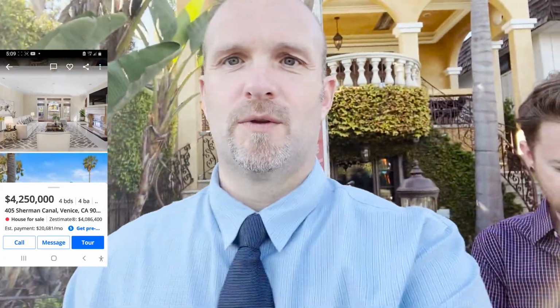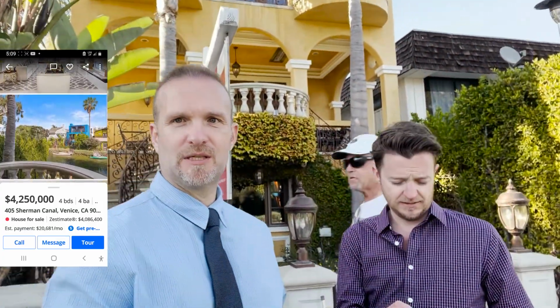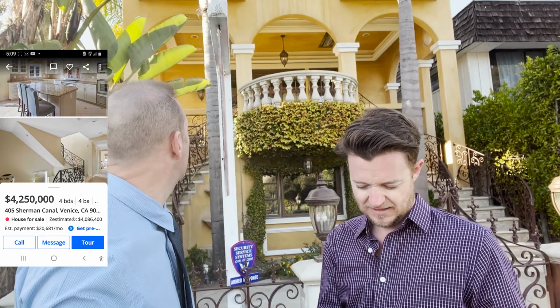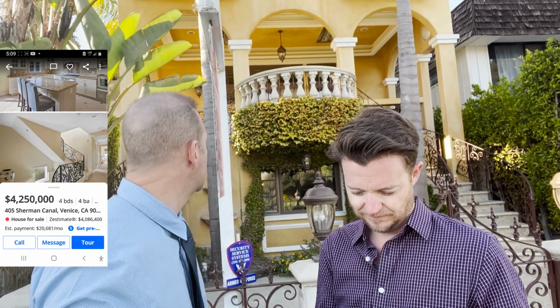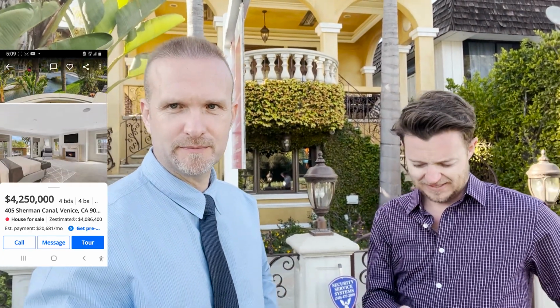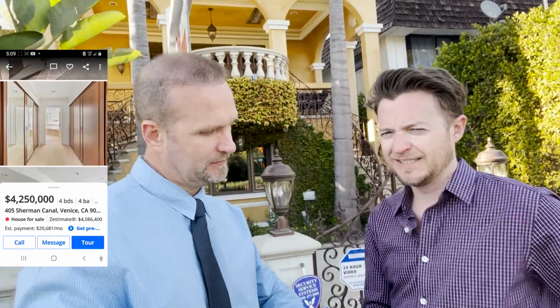Built in 2000, it's more of a Mediterranean kind of look. It has smooth stucco, balconies. What do you think, Brandon? Do you think it's a good deal? Let's see, how much? 4.5? Not really. 4 point...